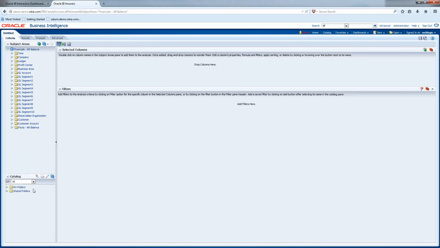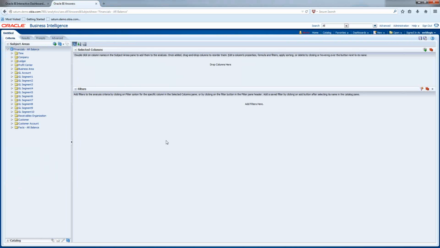This is a browser-based client tool which allows me to create a brand new report without any need of a developer. On the left side, you see the subject areas where you can see all the available dimensions and facts for my reports. Let's say in this report, I want to create an AR balance report for my credit amount. I want to analyze my credit amount based on different dimensions like time, profit center, GL account, as well as customer. So let me select some of the columns